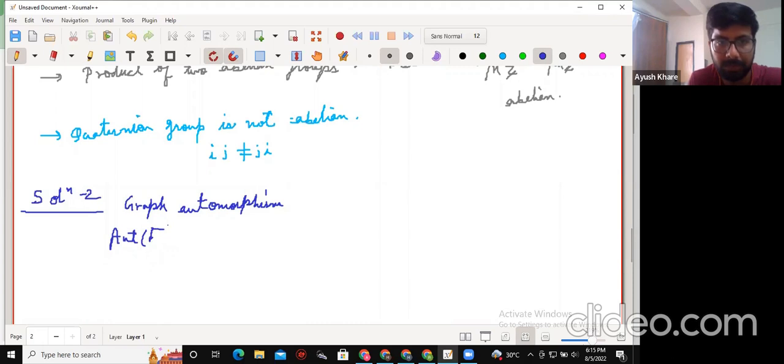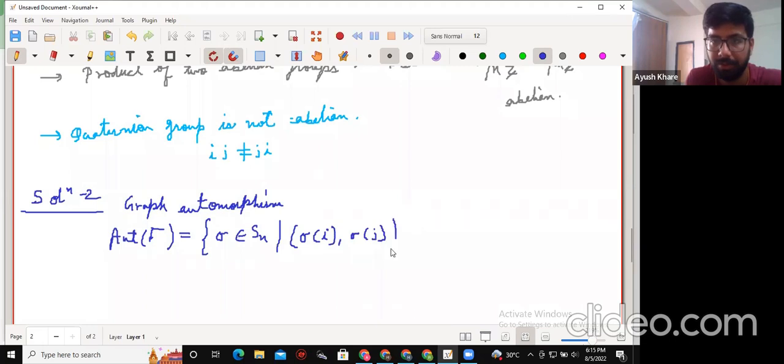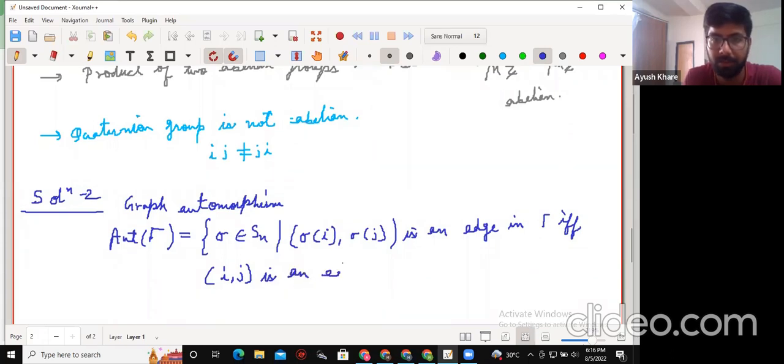Out of a graph is all elements of Sn such that sigma of i, sigma of j is an edge in the graph if and only if i, j is an edge in the given graph. Okay, so